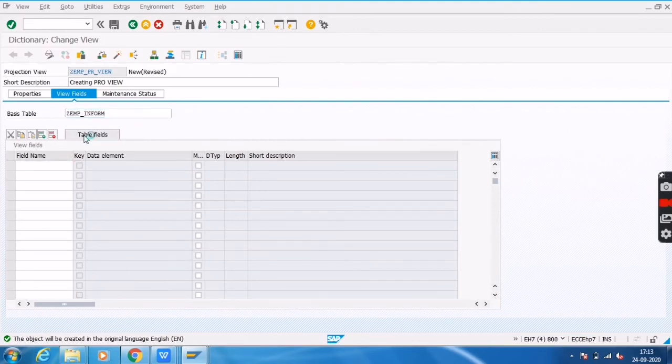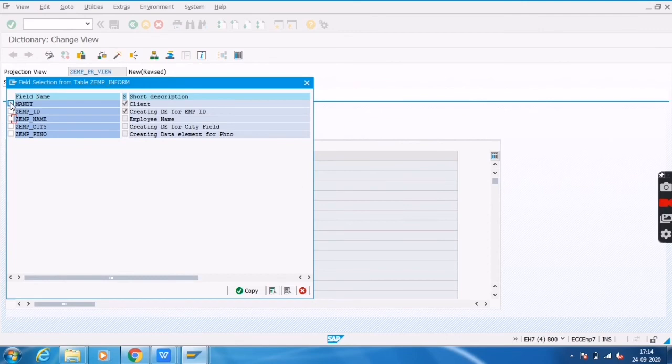Here we need to select which fields we are showing in the output. I am showing all the fields, but here we can unselect. We can select which fields we are showing. As I said before, we can hide unwanted fields. If you don't want to see the employee phone number, we can uncheck this one.